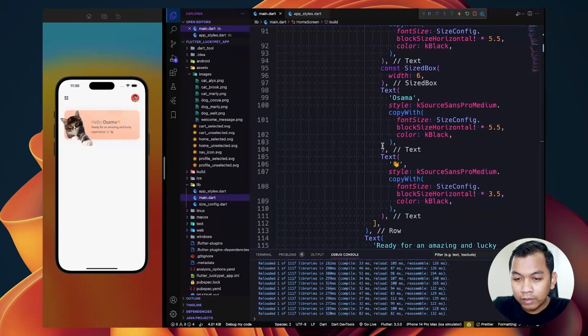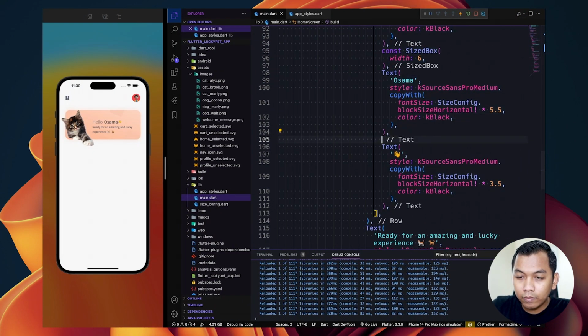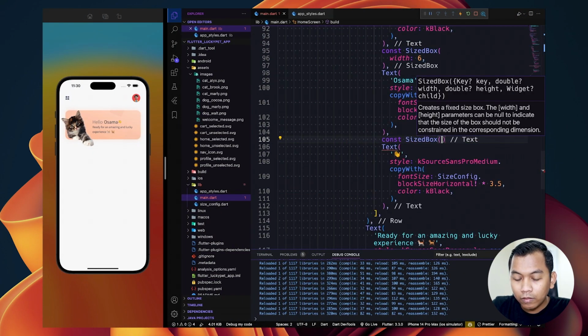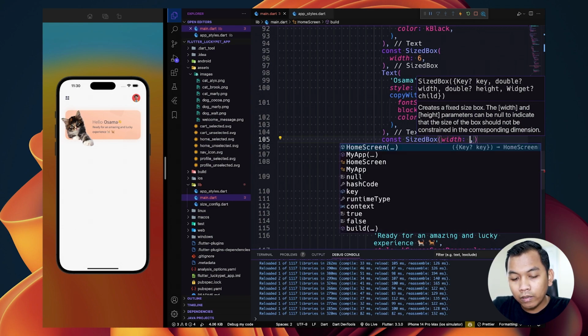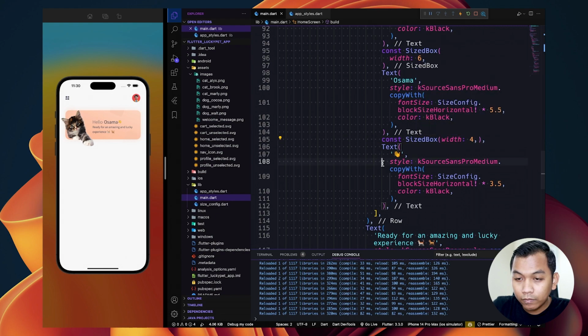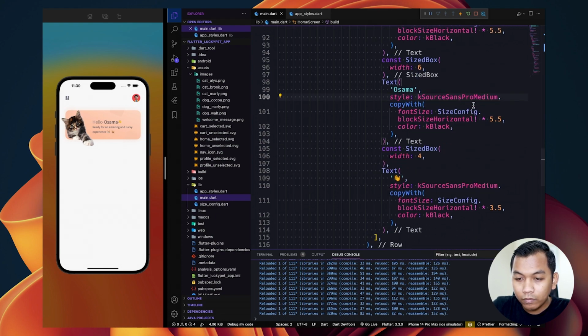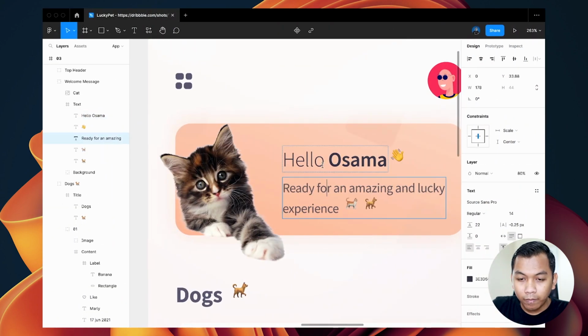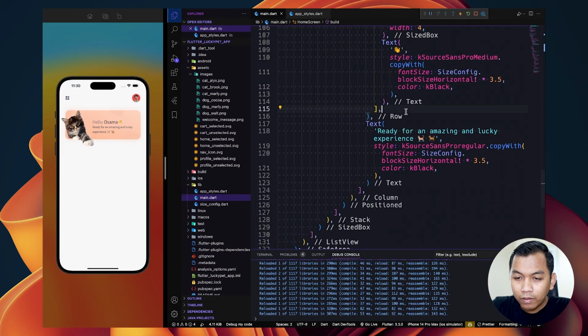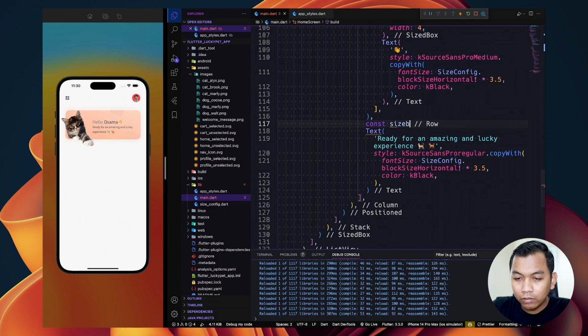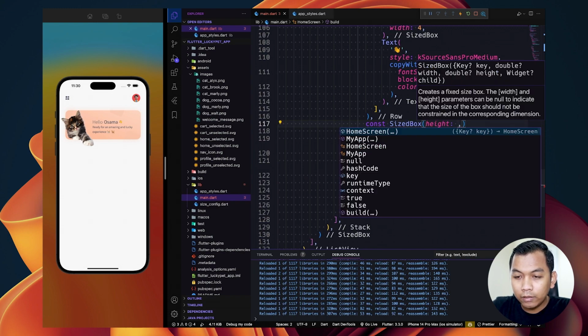And we can give a size box here, maybe 4. Looks like this. But we need to give another size box here with the height of 5.